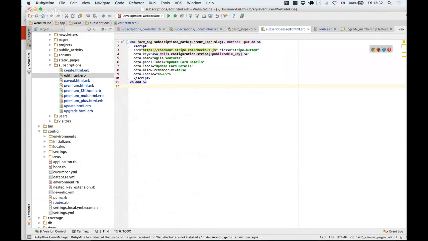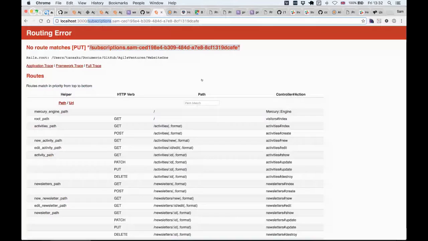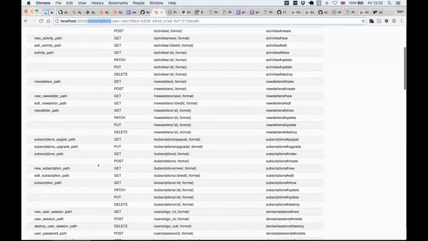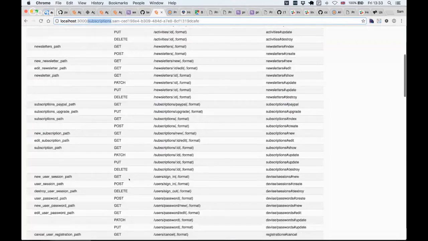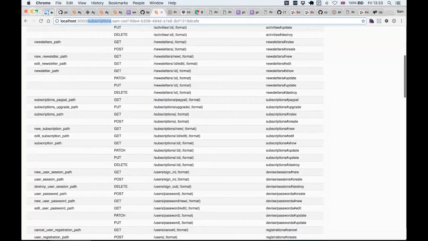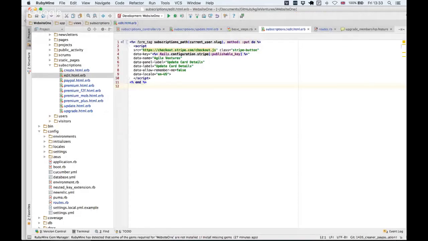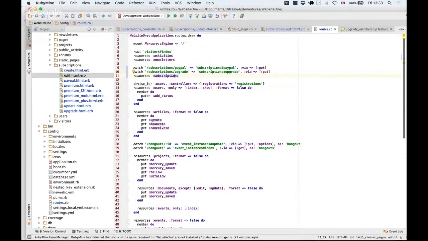And so that would be the one that we were looking at there, which is subscriptions slash what have you edit. If we look at the routes, we've got the subscription path. Put is hitting, yeah. So subscription path put and then an ID, with a single S, without an S on subscriptions. Okay, we seem to have both subscriptions path and subscription path. Which interestingly both have subscriptions, but